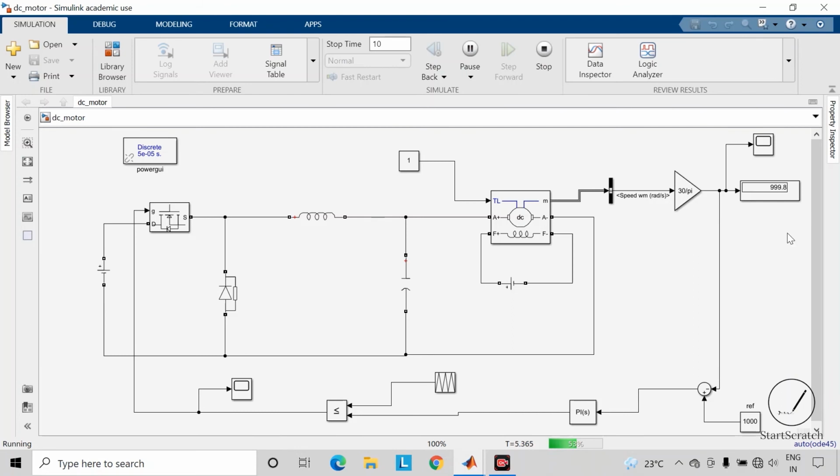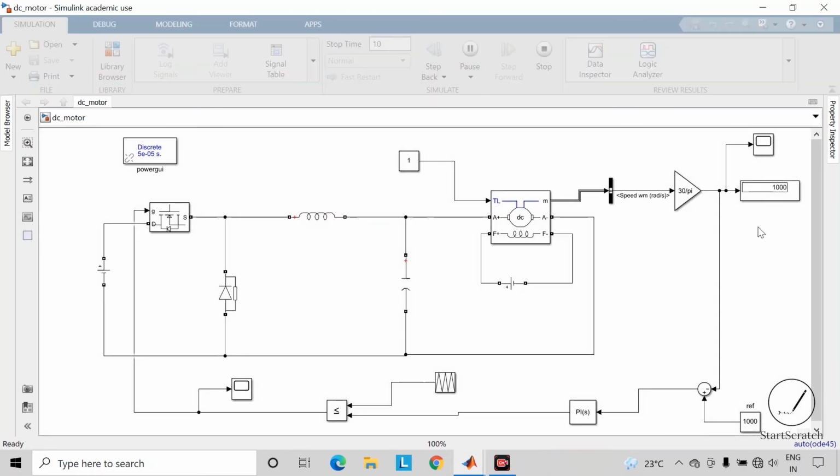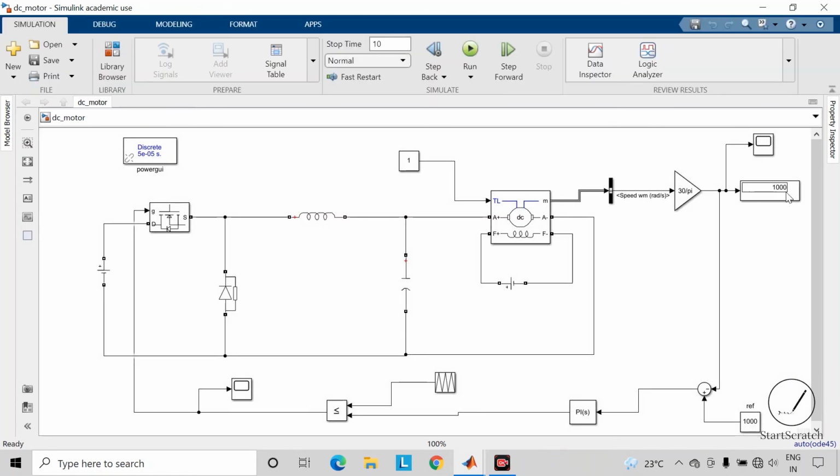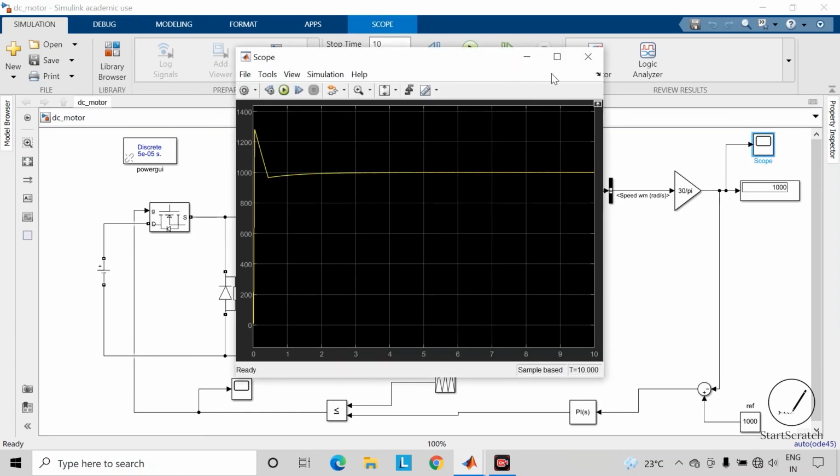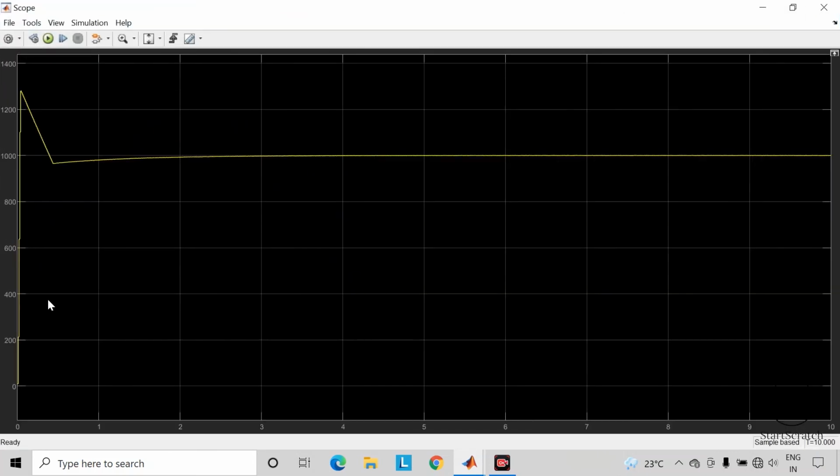So as you can see here, our output speed is almost 1000. So if we open the scope block, initially the speed of this motor shoots up and then the control action takes place, and we can observe here the average value of this speed as 1000 rpm.